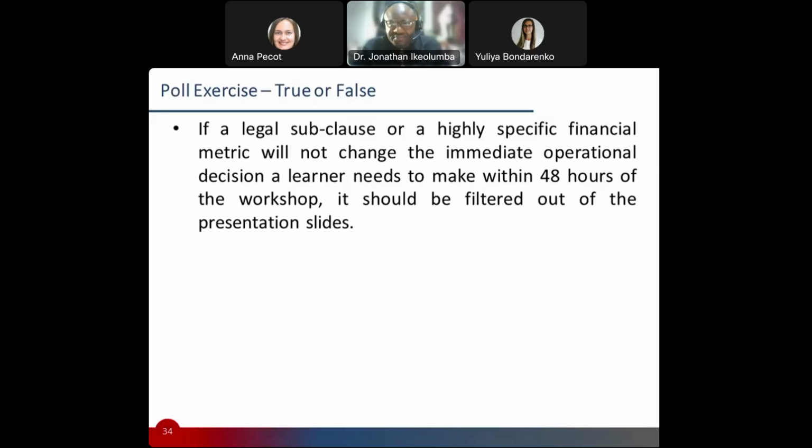Thank you so much, Dr. Jonathan, for a great job. Why it should be filtered out is that it's not in their working memory. Such information, since they are not going to use it, might get to their working memory, but it's not going to get into the retentive part of their brain, like you mentioned earlier. And what does not get to the retentive part of the brain gets fizzled out. They will not use it. They will not be able to remember it. So there will be no learning. And once there is no learning, in fact, they might even forget that you ever mentioned anything like that. So it's better to filter it out of the slide. Thank you.